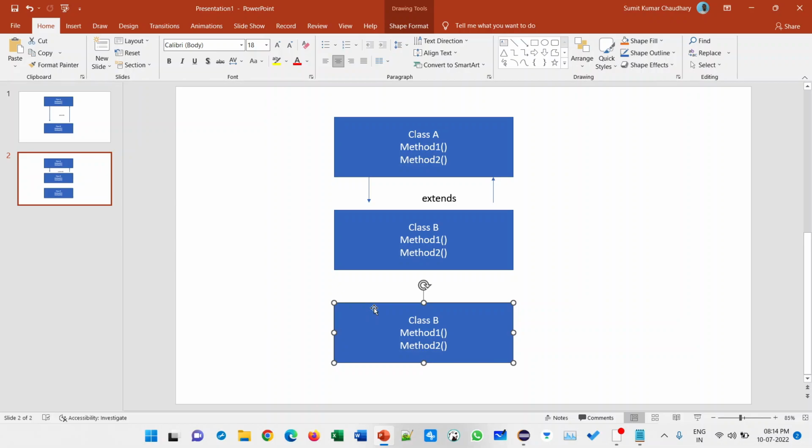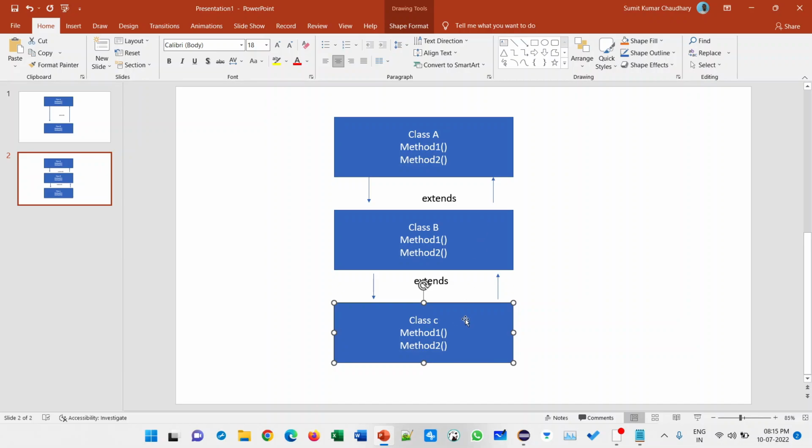Okay, this is a class C. Now B will be the parent of C. So class A is the grandparent, B is the parent, and C is the child.